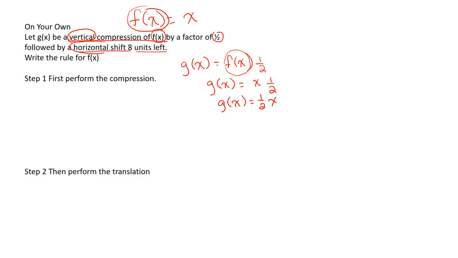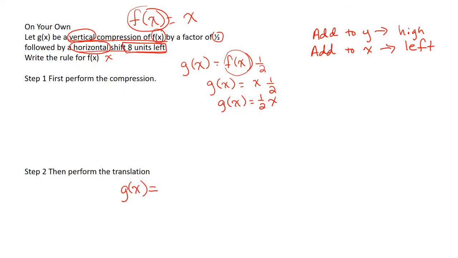So now horizontal is our x. So let's remember our rule again. Okay, here's our rule. Add to y, the graph goes high. Add to x, the graph goes left. All right, so it says we want to go 8 units left. So we're going to add to our x. All right, so what we're going to do is we're going to say g of x is going to equal,